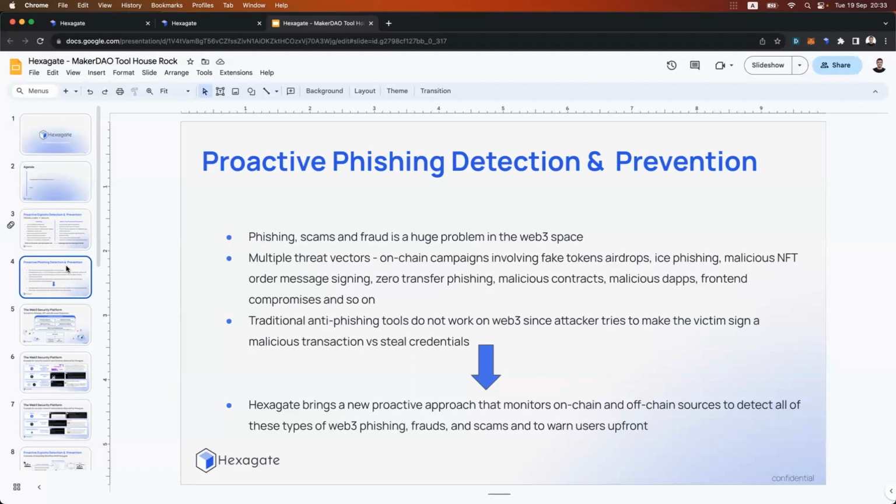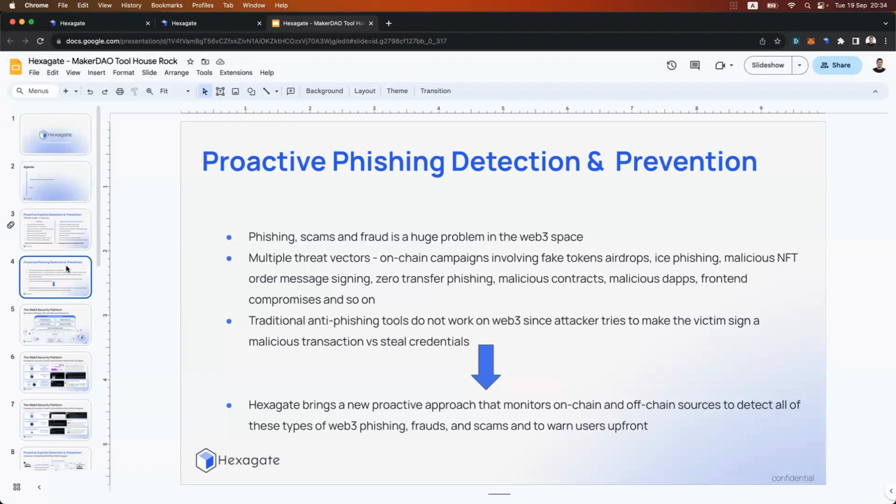This is why you need a proactive approach to monitor for any unknowns that might impact the protocol. And second, anything around phishing and fraud, where users are lured into signing malicious transactions to eventually steal their funds. And in the Maker case, for example, they could be governance participants who lose their governance tokens to phishing.